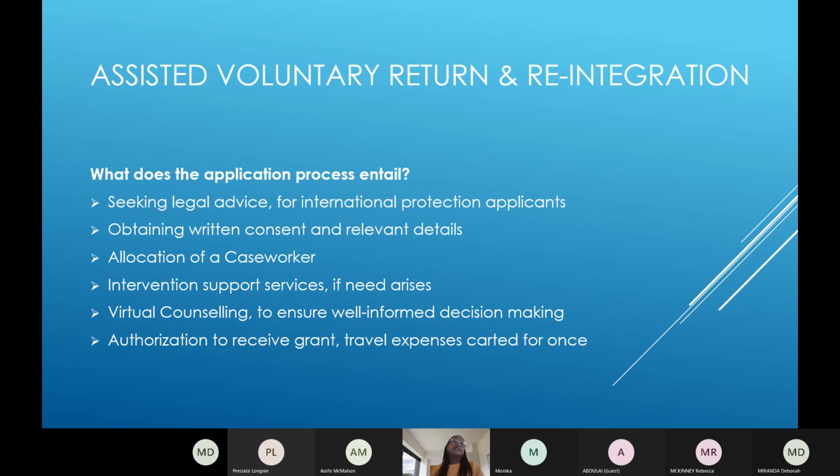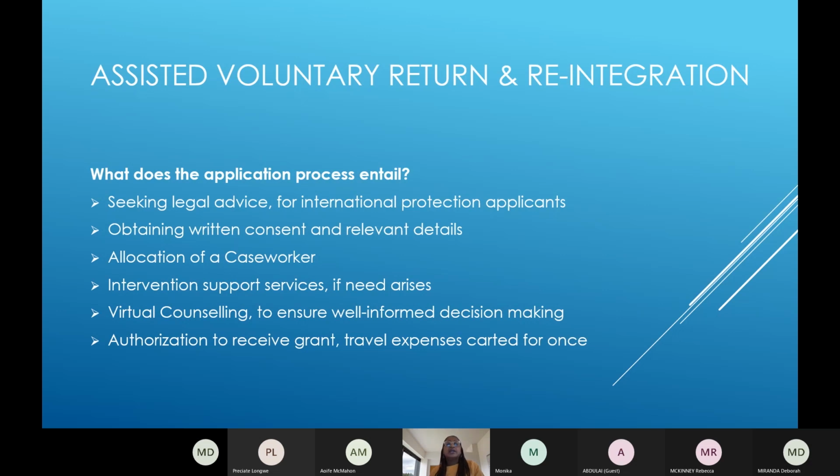This is where we need to obtain what is called written consent. Our services are voluntary. Assisted voluntary return is voluntary, so we need to obtain written consent from the beneficiary before we can go ahead and process their application. And we also need to gather relevant details such as your name, date of birth, any health conditions that we need to be aware of, and any other relevant details and surrounding circumstances which might affect your